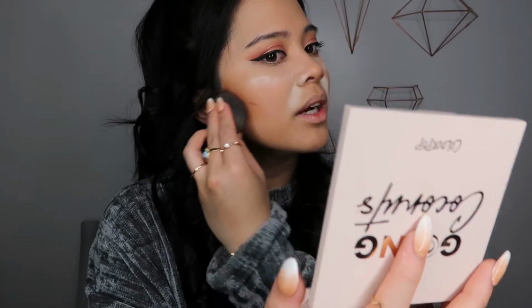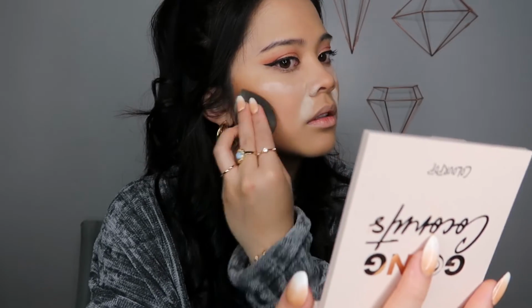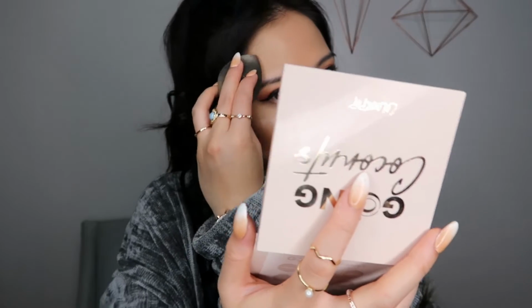I feel like the left side is always more dramatic than my right side. This one is easier to blend out, in my opinion. See how that blended out so smoothly. And then for my bronzer, I'm gonna use the Hoola bronzer by Benefit, and that's just to set my